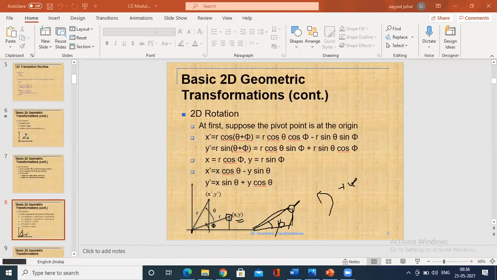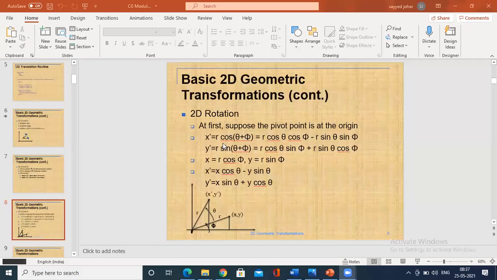Once the pivot element is rotated in the anti-clockwise direction, I will calculate the new angle, from here to here. This will be the new angle, called theta. Now, if I ask you what is the complete angle from here to here, it is theta plus phi. So this is theta plus phi. Hence, you could see that.